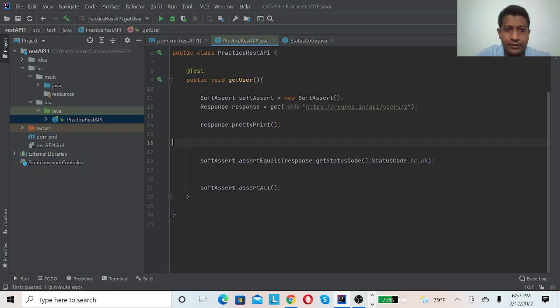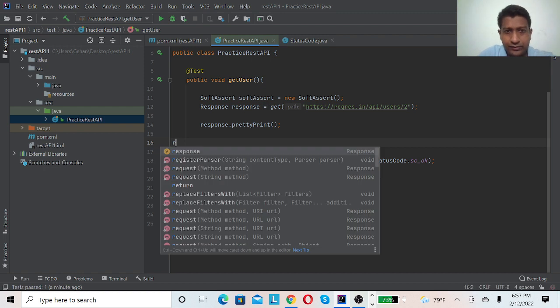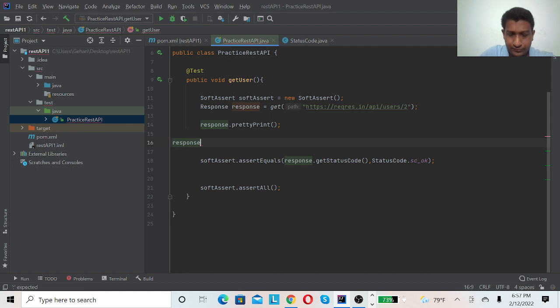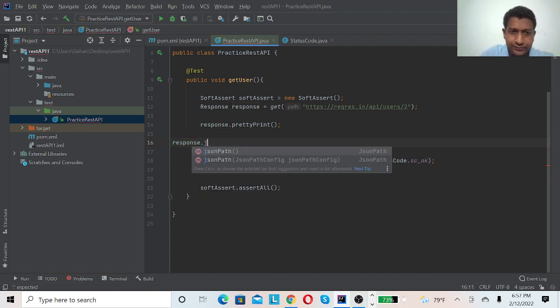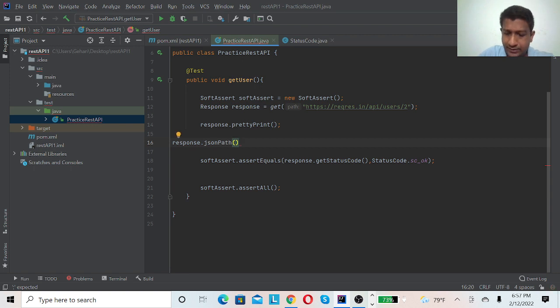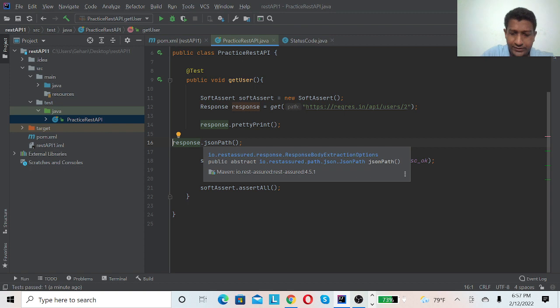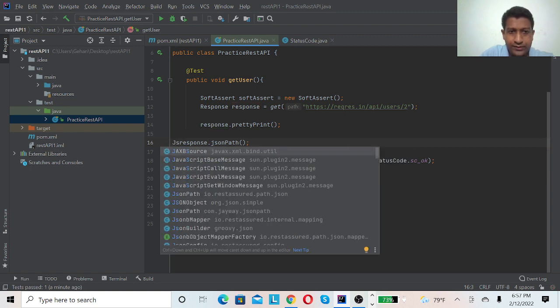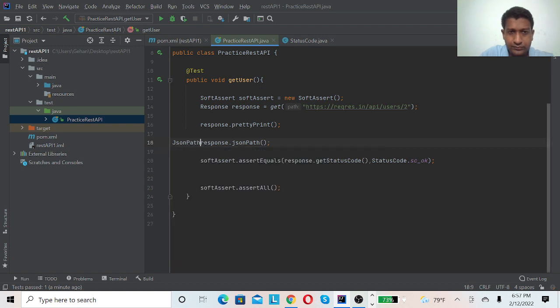Here I have got the response into a response variable. So response dot JSON path, and I will get it into a JSON path variable.